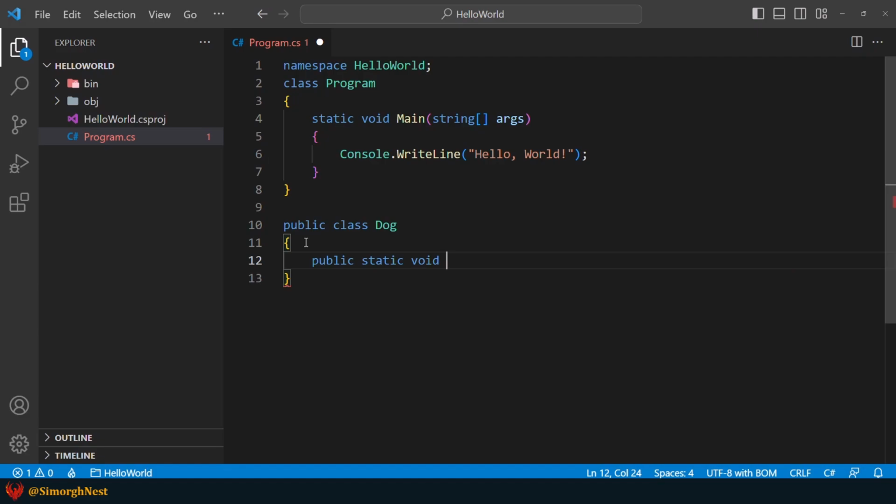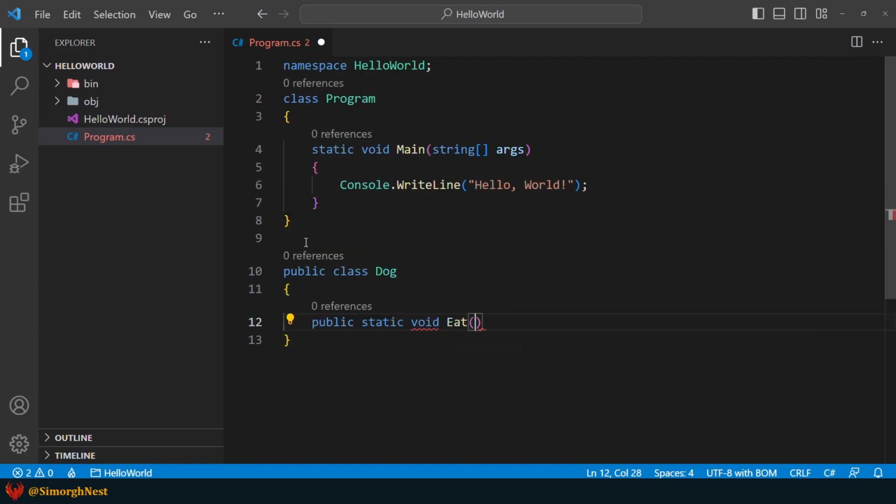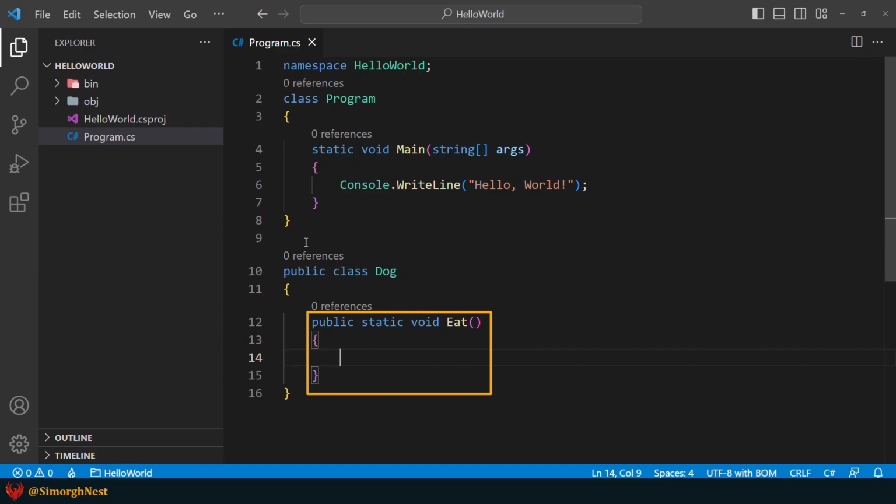For example, eat and open and close parentheses. After that, let's add open and close curly braces and press enter. Okay, this is a syntax for declaring a method in C#.